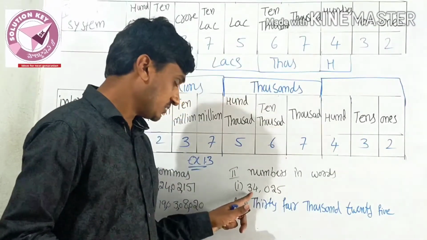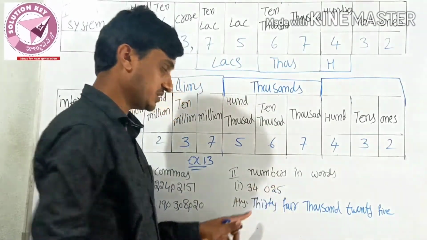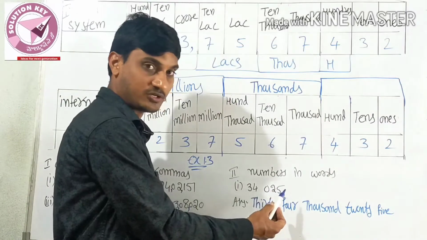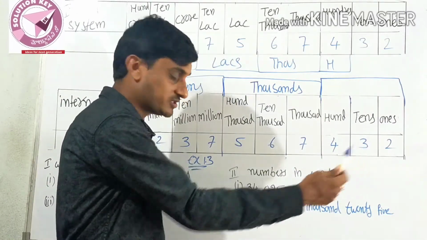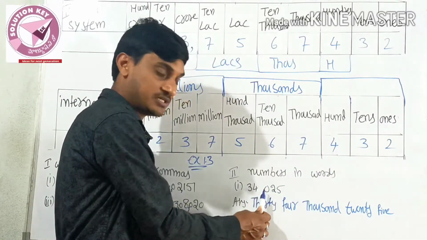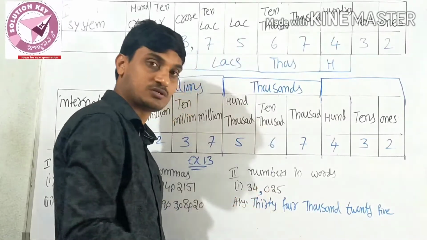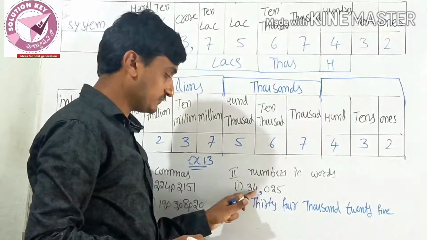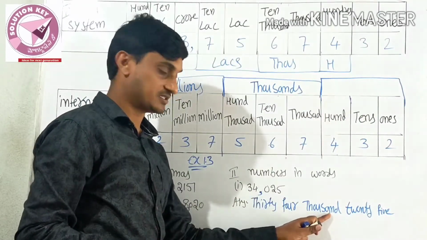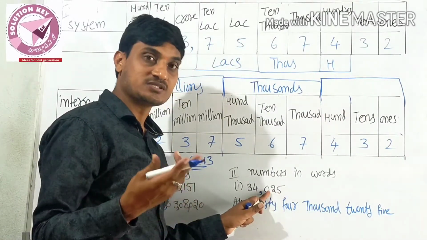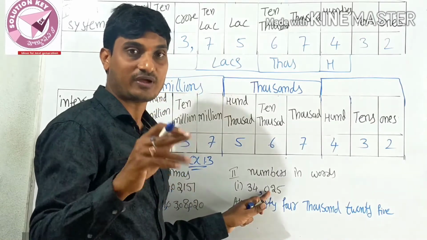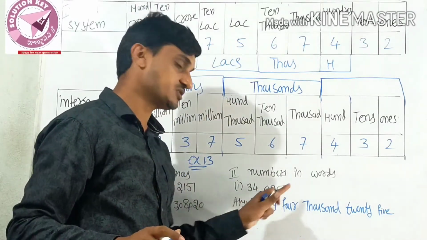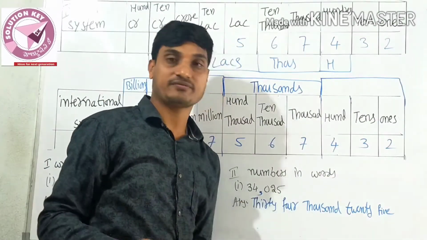And the second bit is in word form. That is, first you have the number in the Indian system. First take from the right-hand side onwards, the first 3 digits, 1, 2, 3. Keep a comma. 34, just replace in the table. You get 34,000. 0 in the hundreds place has no value, so just write 25.